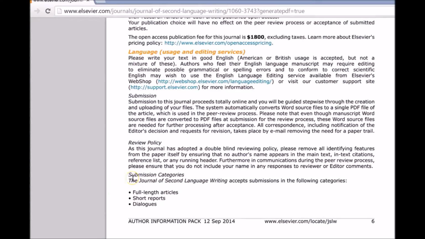Down here, it gives you the kinds of articles they publish. So remember, you have choices. Sometimes some of you might have a short report. Maybe it's not a full-length article yet, something you just did, and you may be able to get that published. Again, they don't count as much, but particularly I feel as graduate students, you're trying to just show that you're interested in publication, that you understand the process, and that may help you when it comes to the job market. But of course, it's better if you have a full-length article.